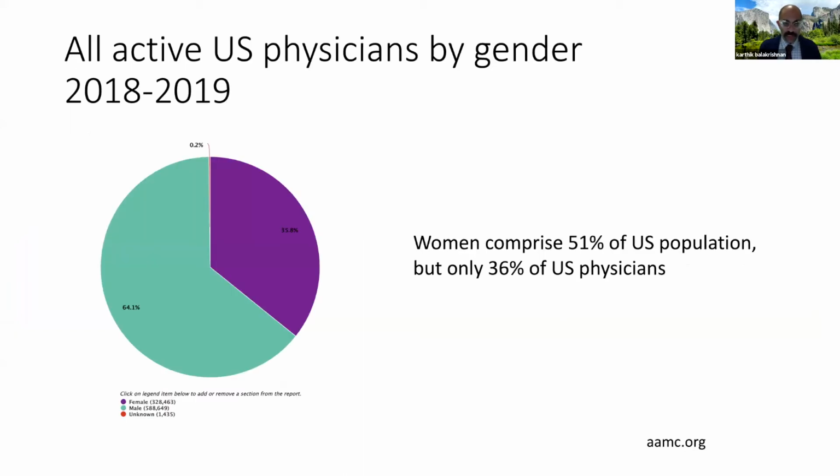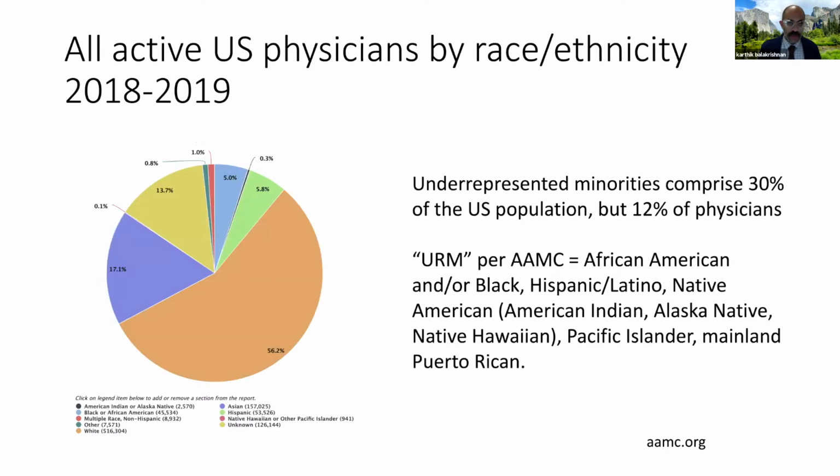So let's start by looking at active US physicians by gender. In a recent survey, it turns out women comprise about 51% of the overall US population, but just over a third of US physicians. So there's some difference there. When we look by race and ethnicity, underrepresented minorities